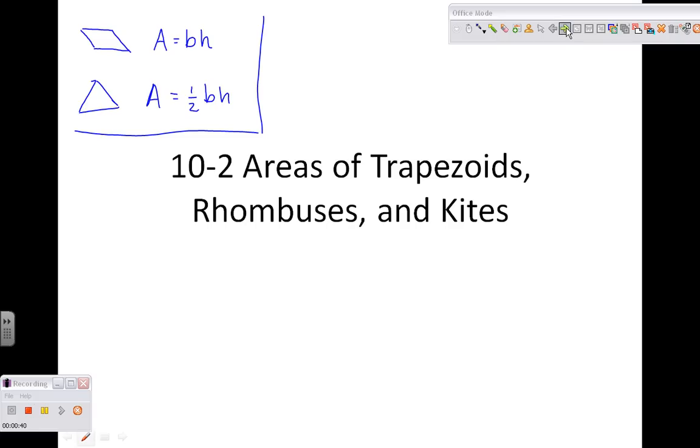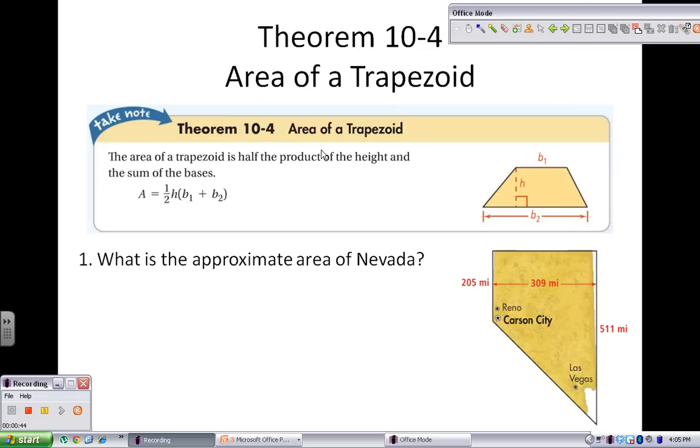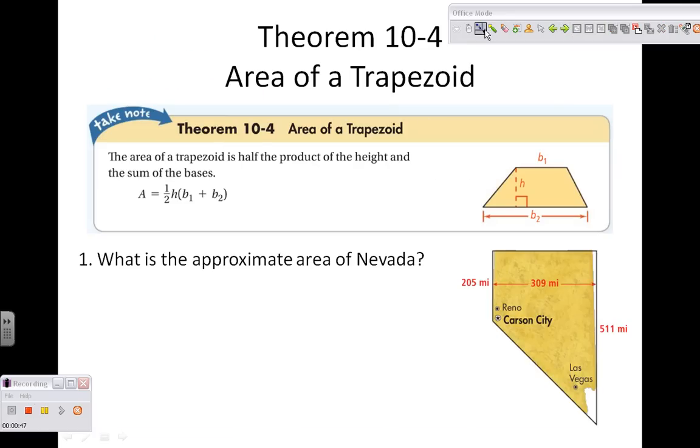add formulas to it. The first formula we're going to add to our list is the area of a trapezoid, and the area of a trapezoid is 1/2 times the height times the sum of the two bases. So if we look here, we've got the height, we've got the top base and the bottom base, and